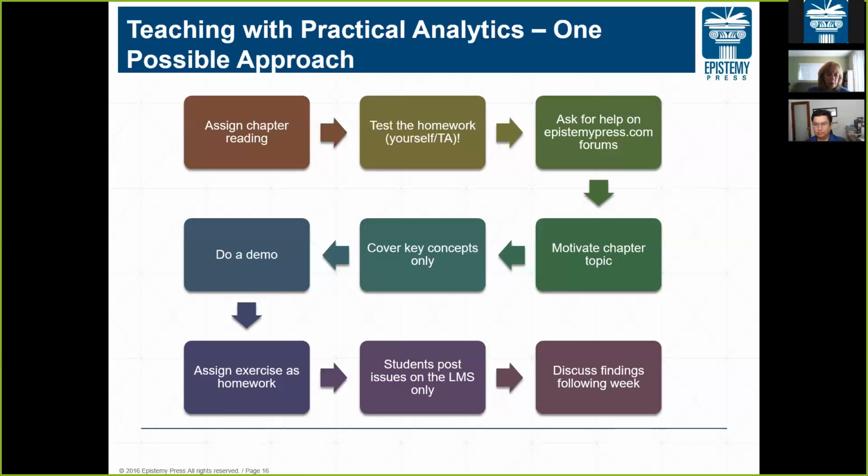Okay, so demo, then do the homework. And if your students run into any kind of problems, then have them post on your learning management system. Nitin and I both use Blackboard, and so I have a forum there. It's called Give Help, Get Help, and they post their issues there, and the students are actually awarded extra credit point for the first correct answer,